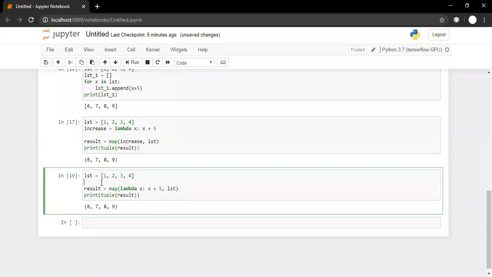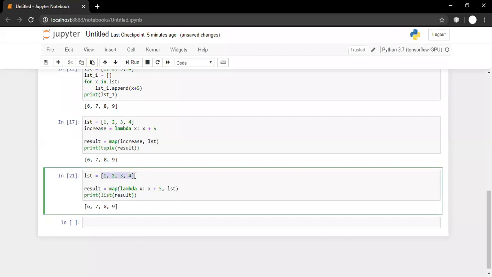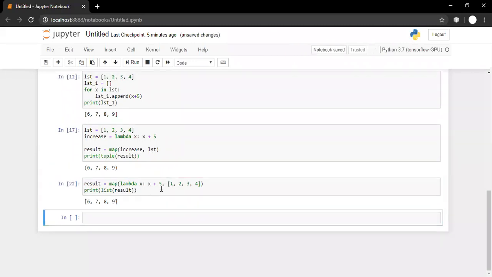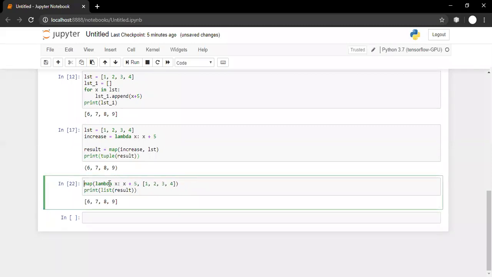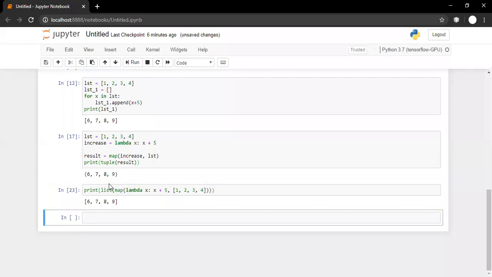And now this is a shortcut. This is a short code. Instead of tuple, I can typecast it to list also. I can even reduce the length of code by doing something like this. That is, I'm not explicitly mentioning the list. I'm running it. And we can even shorten the code to something like this. I'm printing it here only, and I'm using the list function here. So the entire thing is done in one line.